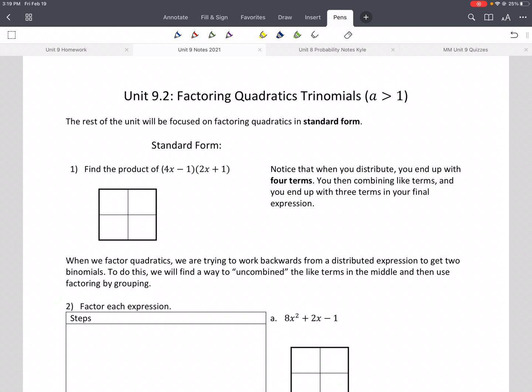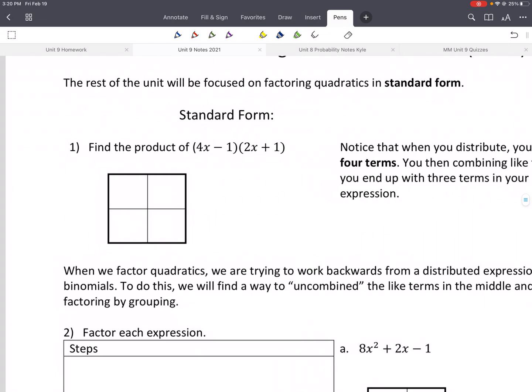Hey, welcome back. We're at Unit 9.2, Factoring Quadratic Trinomials. Okay, so today we're going to bring together the first two lessons and put them together. There's nothing really different today, but we're just going to bring them together. So if you remember,